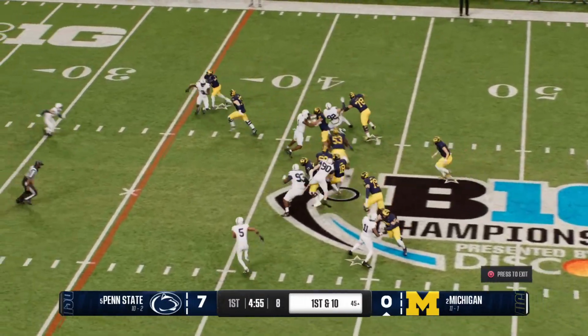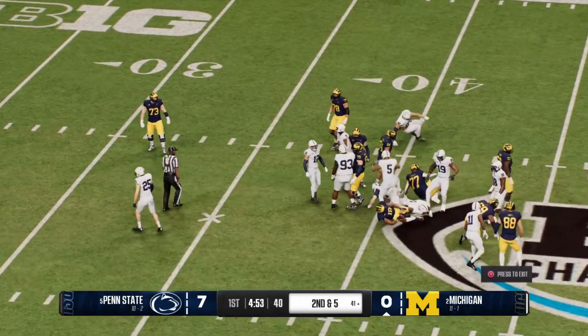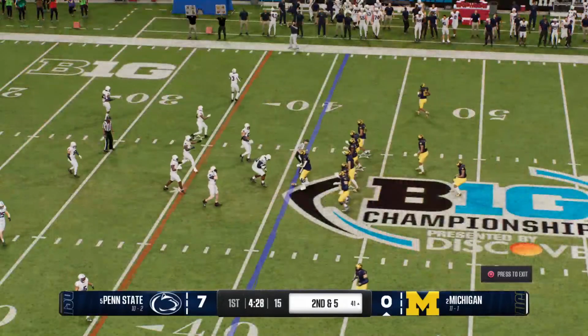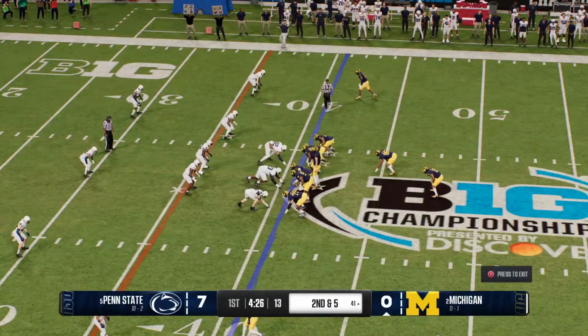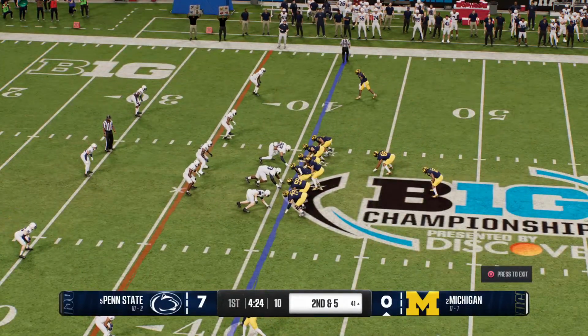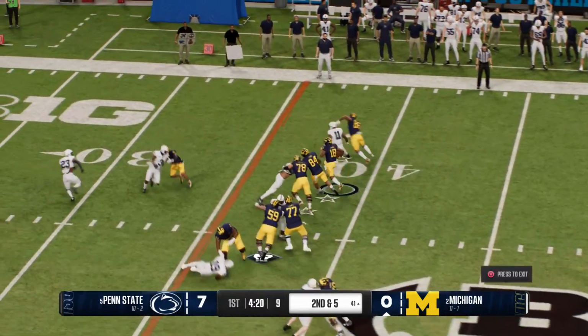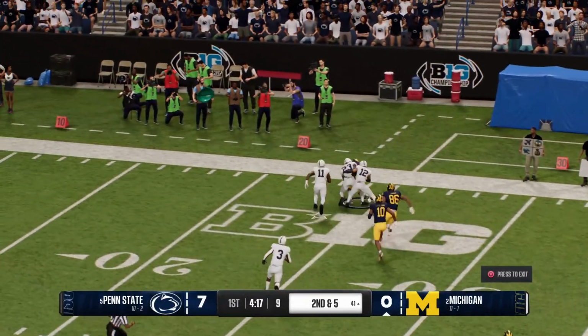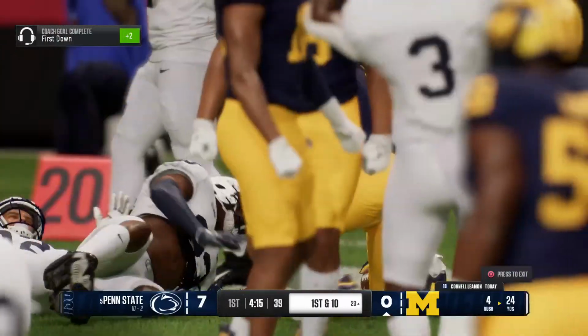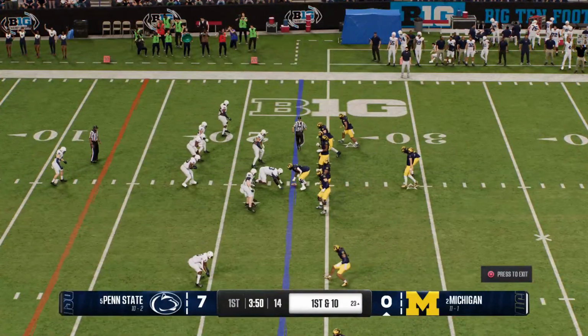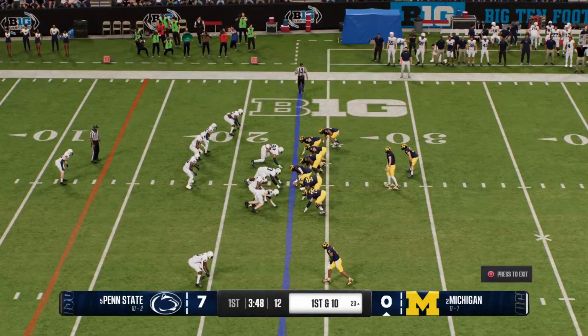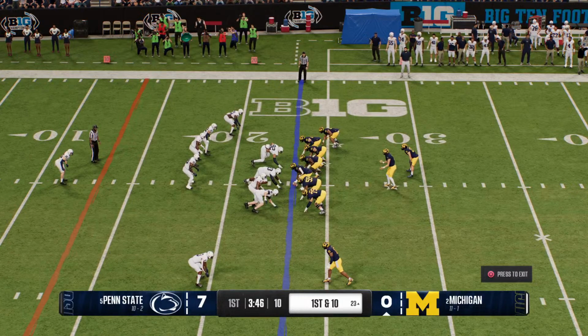The shotgun running play call. The gain is 5, so it's 2nd and 5 now. Same tailback, another carry. Gets some space around the 30. And he's brought down, but not before he gets first down yardage. The running play gives the offense a fresh set of downs.